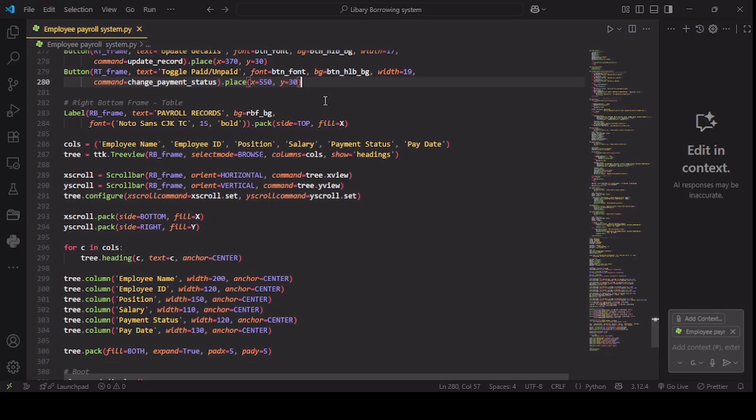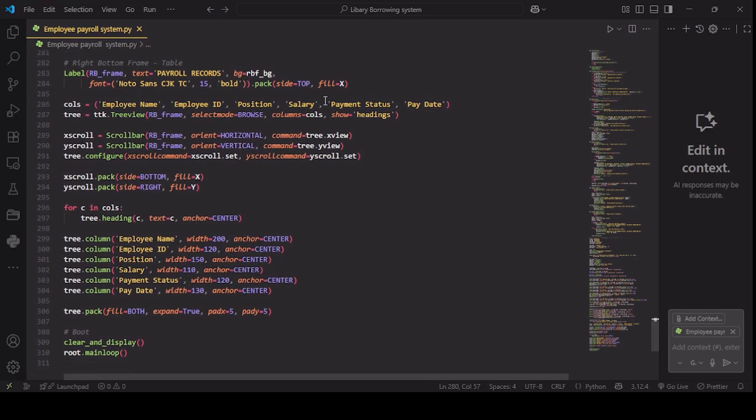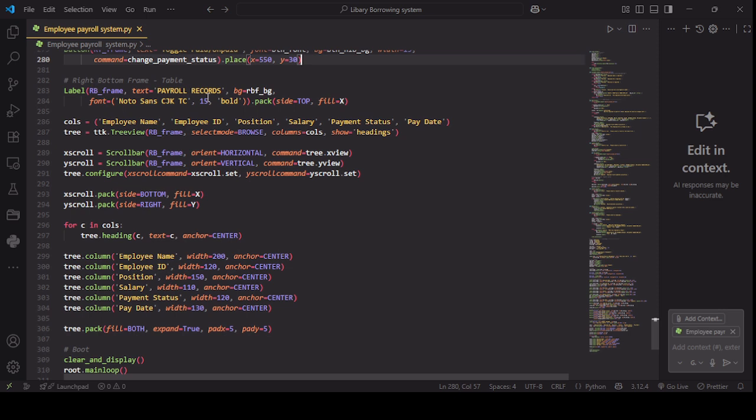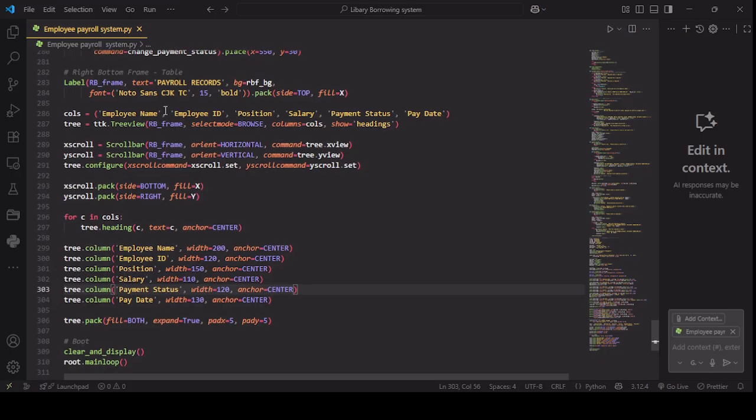And then at last I have gone to our last part, which is the right frame bottom part, which is the tabular way of how we have defined it. For that I have given a title at the start, employee payroll system. Right here I have defined the payroll records title for the main view, and then we have defined all of its columns as employee name, employee ID, position, salary and payment date,